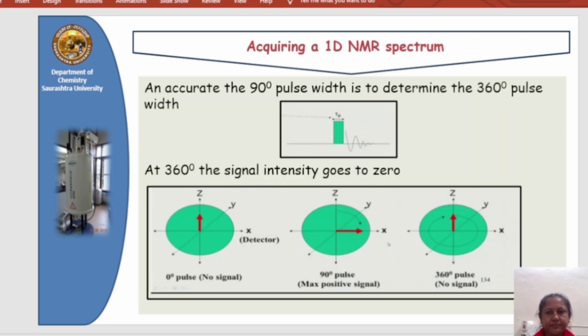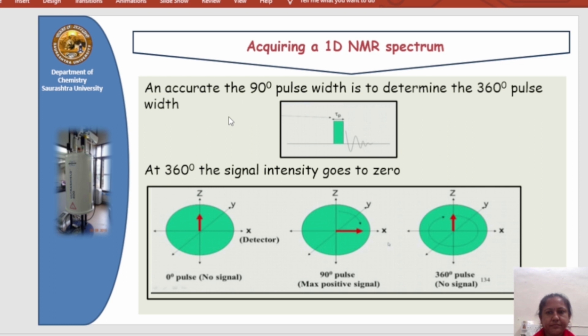So here we can see that when acquiring the 1D spectrum, we can also acquire the correction. It is necessary to carry out the correction in pulse width. Once the solvent suppression has taken place, the next step is calibrating the pulse width, meaning the 90-degree pulse. Why is it necessary? Pulse width calibration is nothing but applying only the 90 degree.